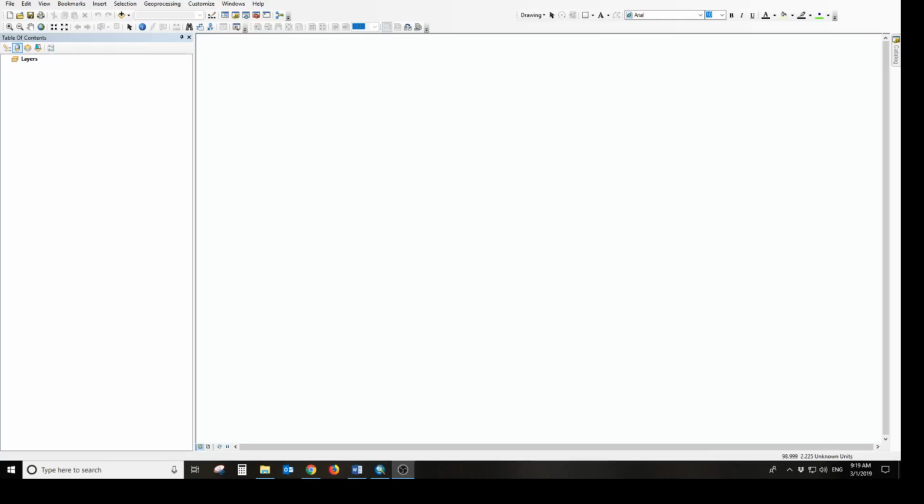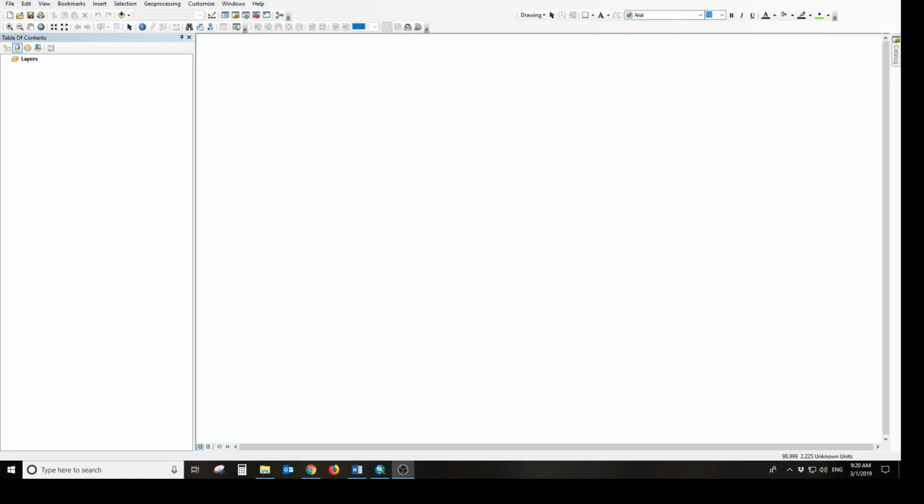Hello everyone. Today's video is about making shapefiles from tabular data. Not always are we dealing with shapefiles, but sometimes we work with tables. And if the tables have a column of coordinates, for example, latitude and longitude, or any X and Y column that represents the location of things happening in the real world, we can make a shapefile out of that